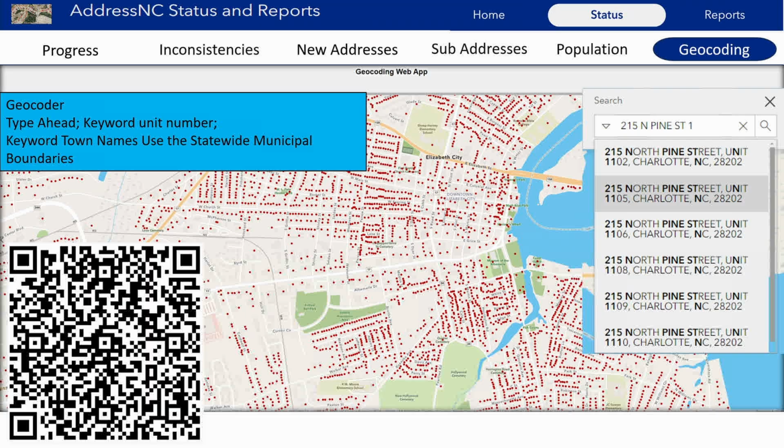So let me see, I want to begin here by kind of explaining the layout of the experience. What you'll find is at the top we have our 3 sections. I think there's different words for these, pages, some people call them, but we give you 3 pages or sections: the home page, the status page, and the reporting. And with each one of those pages, you'll find multiple tabs underneath that. So in this example, you can see progress, inconsistencies, things like that. In this example, this is our geocoding tab. If you want to do interactive geocoding, you can go right here and plug in your address and find what